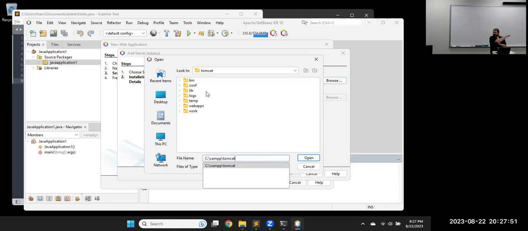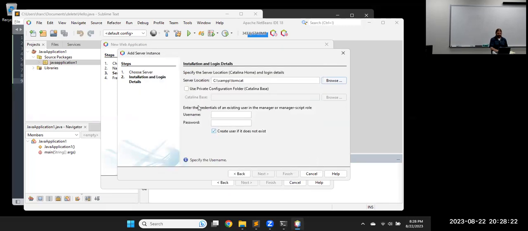Don't actually click the bin folder, but go to the folder where you can see the bin folder, which, if you use the default installation of XAMPP, is going to be on the C drive. If you're on a Mac, it's under Applications. We go to where the XAMPP stuff is, and inside of that, you'll see a folder for Tomcat, and it might be a couple layers deep, but somewhere in that Tomcat folder, you'll see the bin. So go to the folder where you can see the binaries folder, the bin. Open that, and then